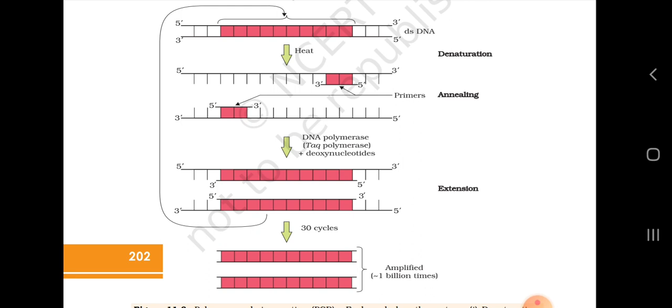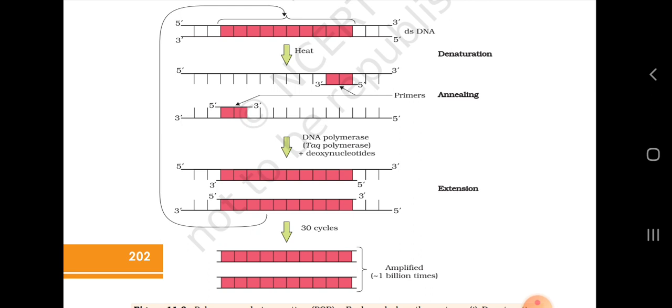And what are primers? Primers are short sequences of oligonucleotides. These are added, which are complementary to the template DNA. Okay, and these primers also initiate the replication process for amplification. The third step is the extension, where DNA polymerase extends the primers by adding nucleotides complementary to the template provided